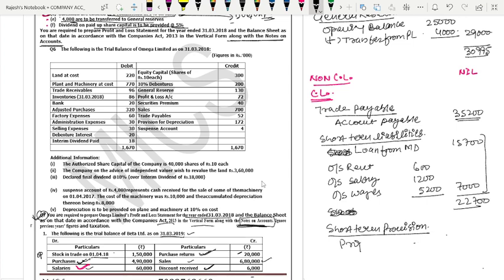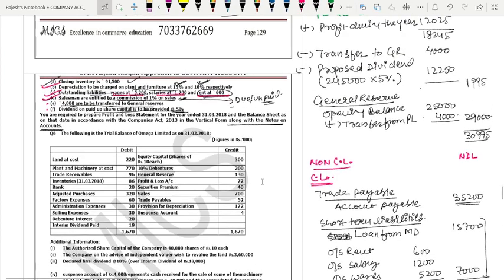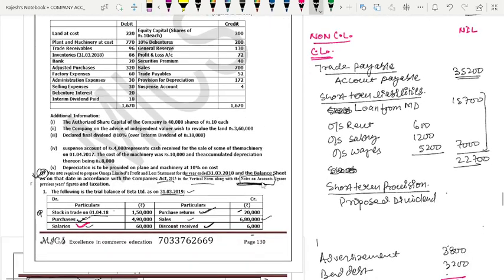Proposed dividend. How much is the amount of proposed dividend? 12,250. Okay, one more expense is there. We have left one more, commission on sales. This is also outstanding. You write down here, commission on sales,